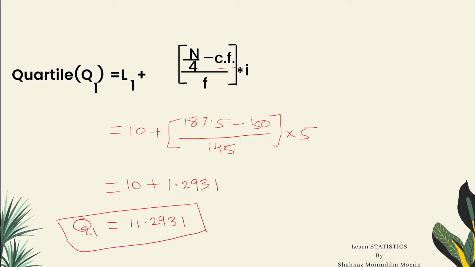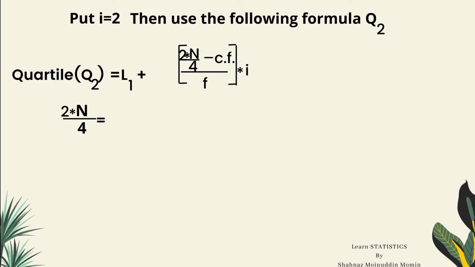Now consider the second quartile. Put I equal to 2 in the formula of Qi. We will get Q2 equal to L1 plus 2 into n by 4 minus Cf upon F into I. Now to obtain the second quartile class, calculate 2 into n upon 4. 2 into 750 divided by 4,